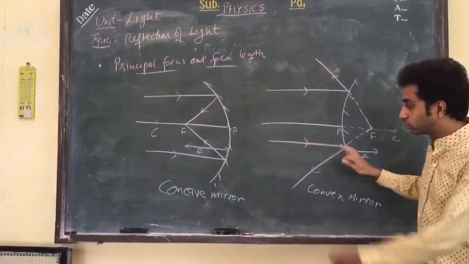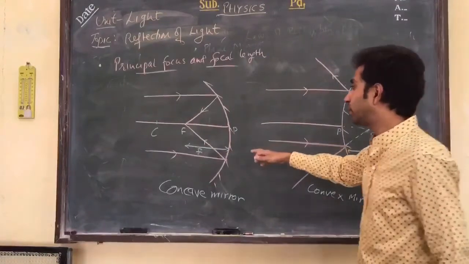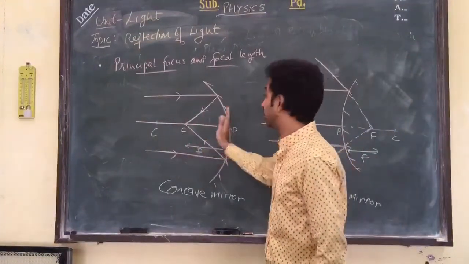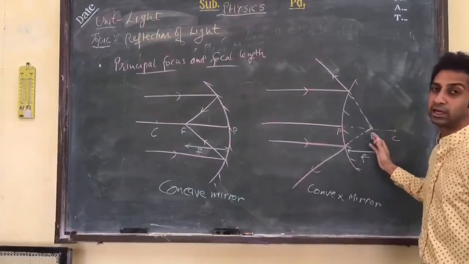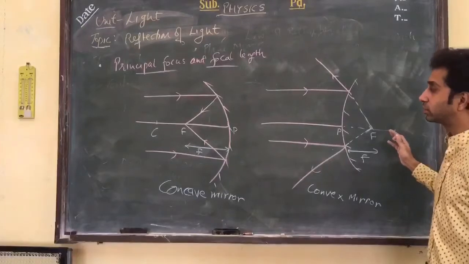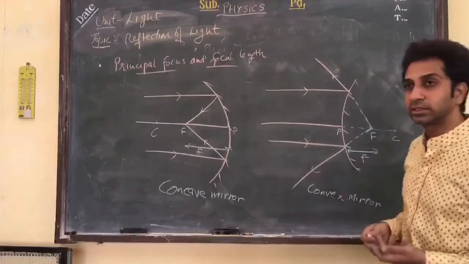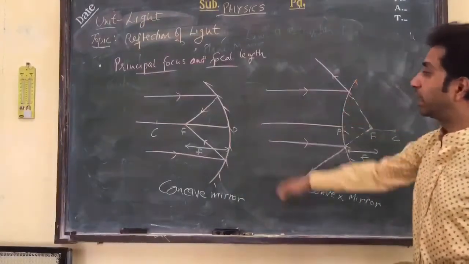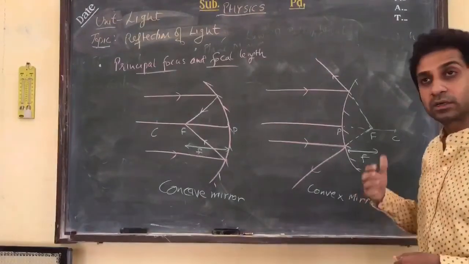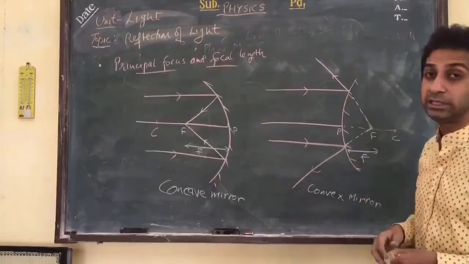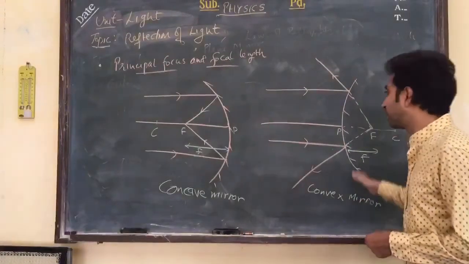So now two diagrams are in front of you. See the main difference. In the concave mirror, the focus lies on the left side of the mirror, while in this case the focus comes on the right side of the mirror. This is quite important to know because in the next topic we are doing sign conventions and using them in the numerical sections. So these ray diagrams should be very clear in your mind. Accordingly, you will be comfortable, and the numerical problems are quite easier to solve if you understand these concepts.